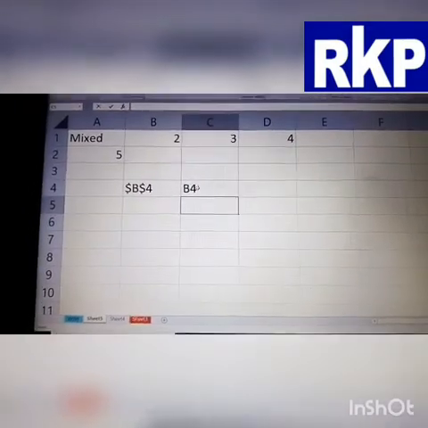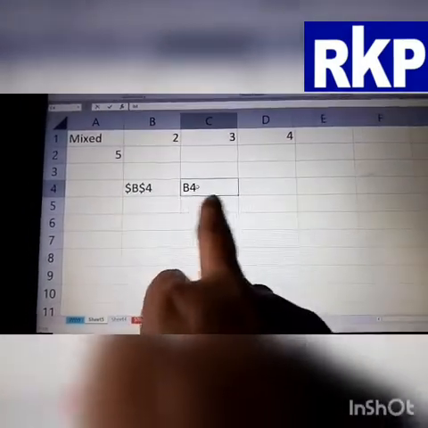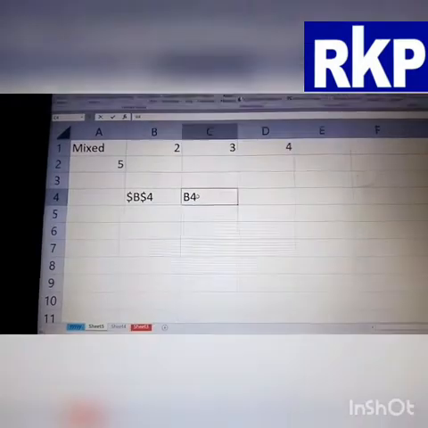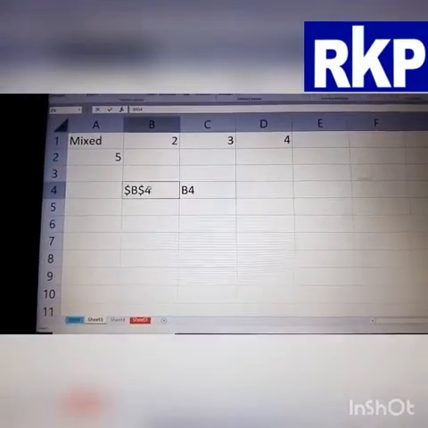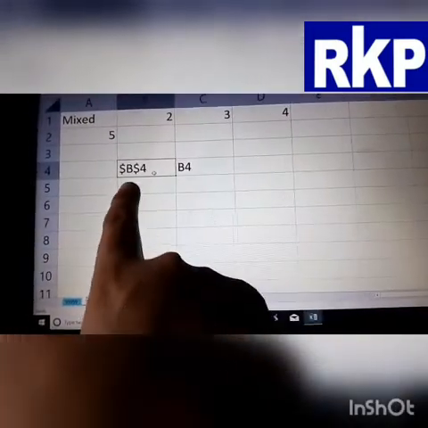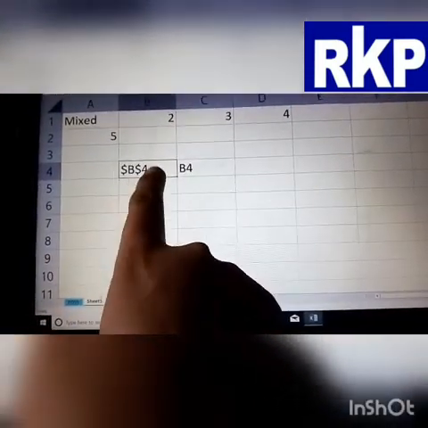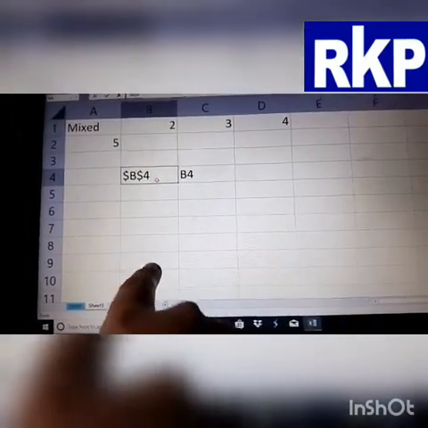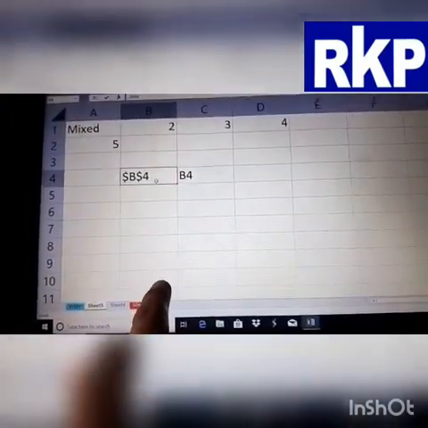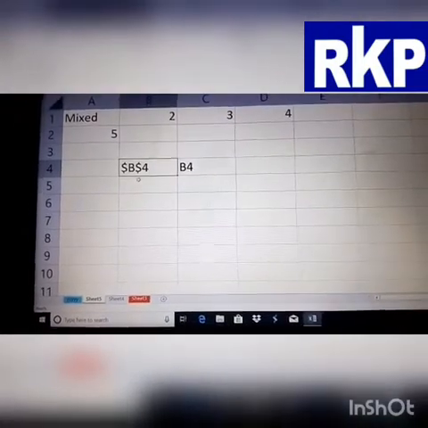Here both row and column are changeable, that is relative. Now in case of $B$4, we are fixing column B and row 4. B will behave like B only and 4 will behave like 4 only. There will be no change.